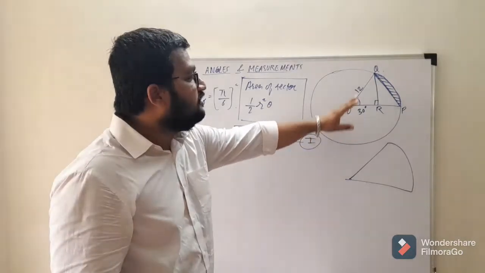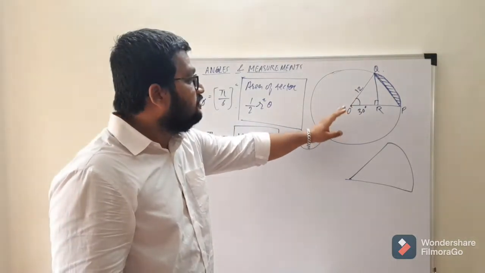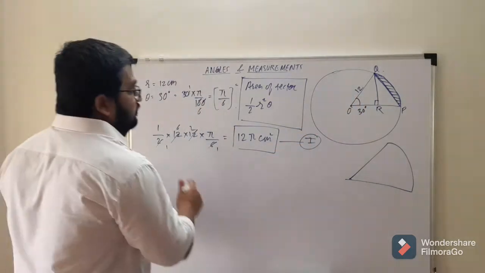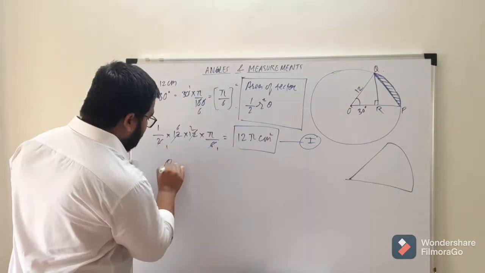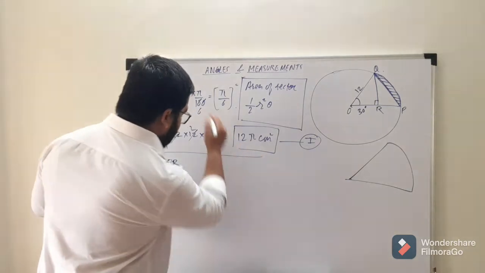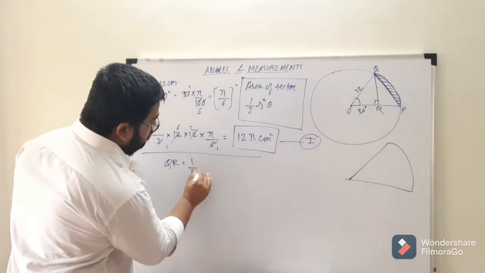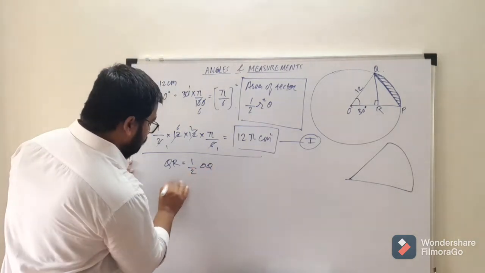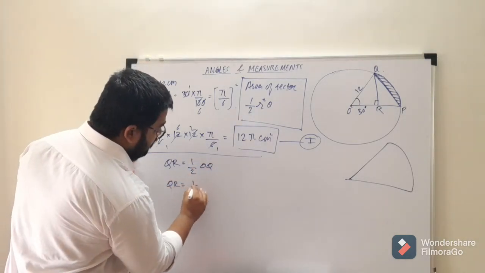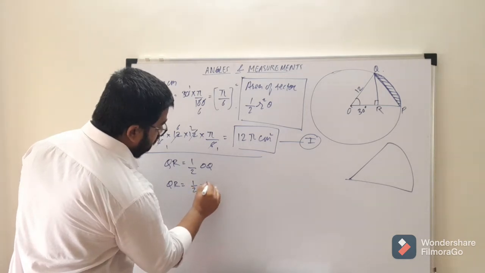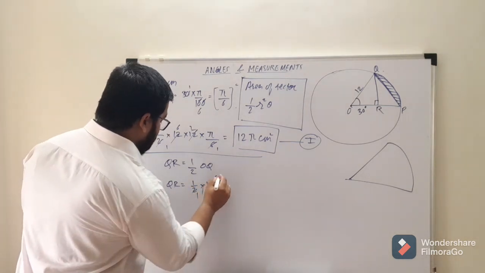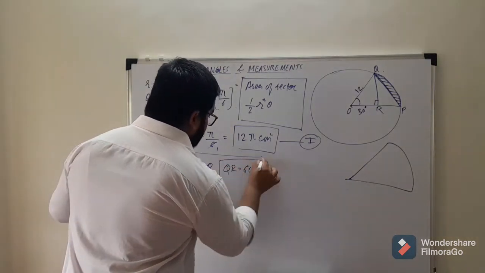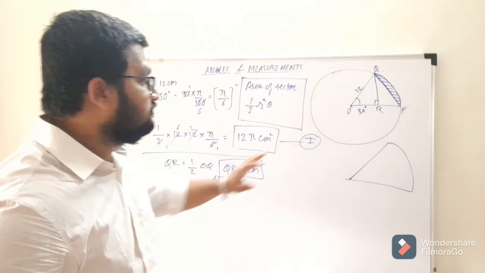So we know the property that in the triangle of 30 60 90, the side opposite to 30 degree is half of hypotenuse. That is, we can say the side opposite to 30, which is QR. Okay, this is first question. QR is equal to half of hypotenuse OQ. That is, QR is equal to half of 12. That is, QR is equal to 6 centimeters. Okay. So now we have got QR is equal to 6 centimeters.